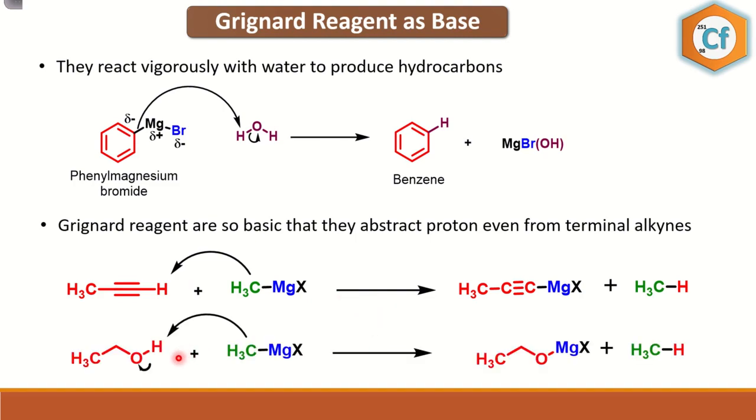Similarly, it also reacts with alcohol, like CH3 attacks on the H. Alcohols are basically neutral compounds. However, they can act as an acid in the presence of Grignard reagent because it has CH3 negative, which is a very strong base. So CH3 attacks onto this hydrogen, which results in the formation of CH3CH2O negative, and which eventually gets attached to this MgX. So we'll get CH3CH2OMgX. Along with that, we'll get CH3H, which is CH4 methane gas. So in this case, we have verified that Grignard reagent acts as a base. Why? Because it reacts with the proton. So if it is reacting with the proton, it is obviously a base.